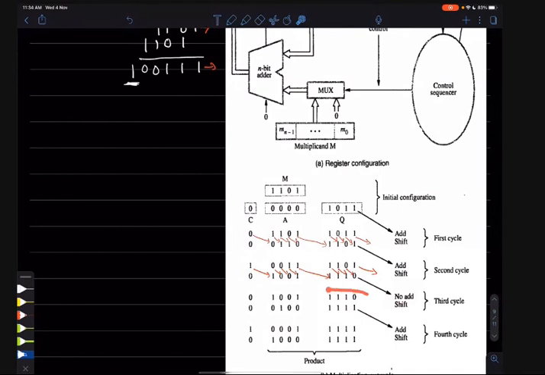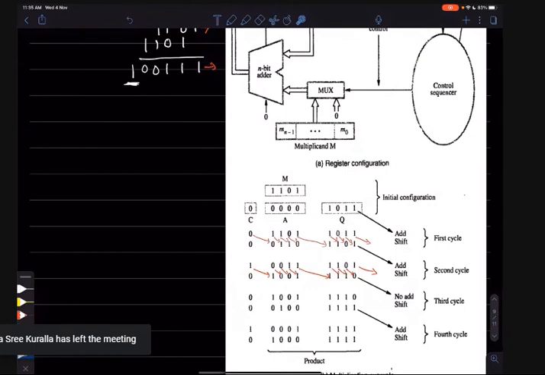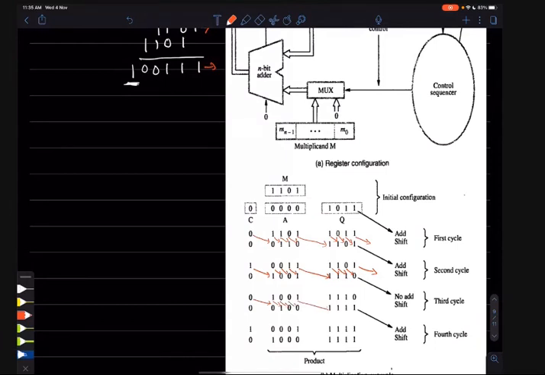So we will not do any addition. Our whole register value will be the same as the previous value. The previous value is 1001, 1110. So there is no addition with 0, but we have to do the shift operation. Whenever we do the shift operation, again this 0 will come here, 1 will come here, right shift operation is going on, and 0 will be out from the system.